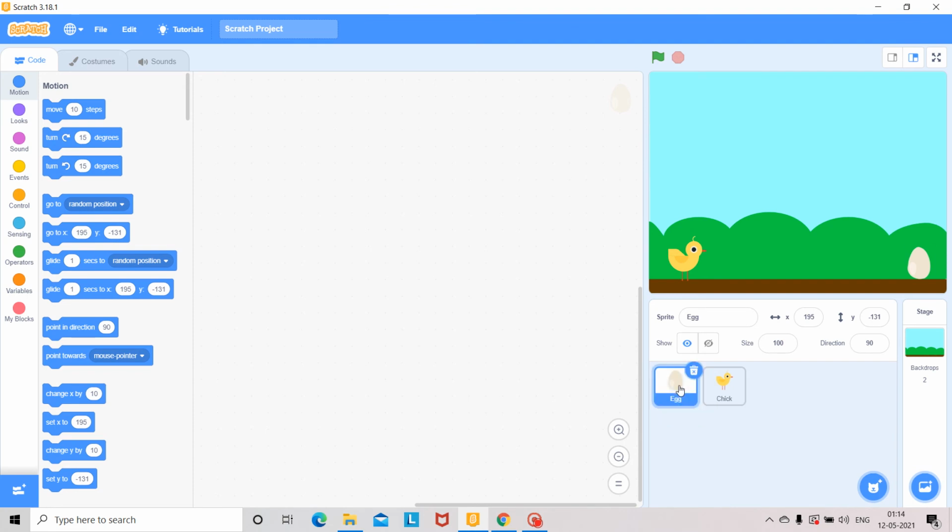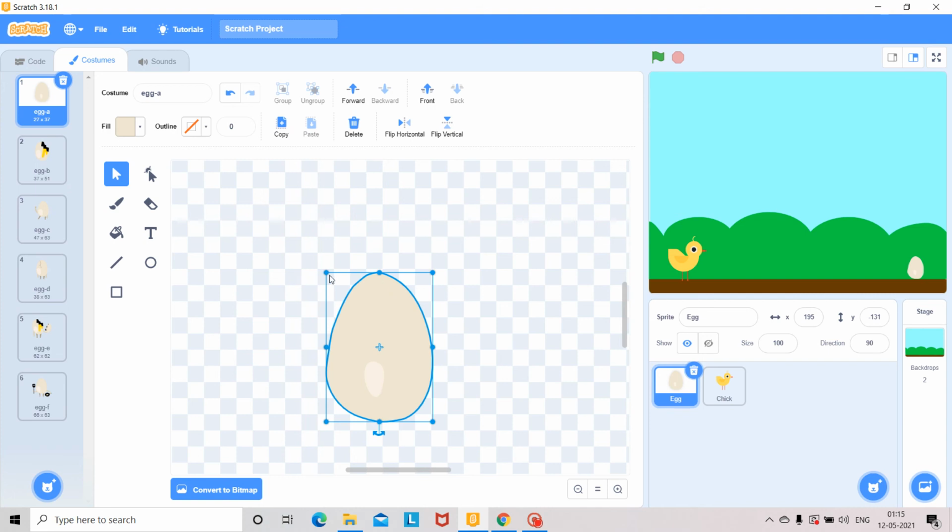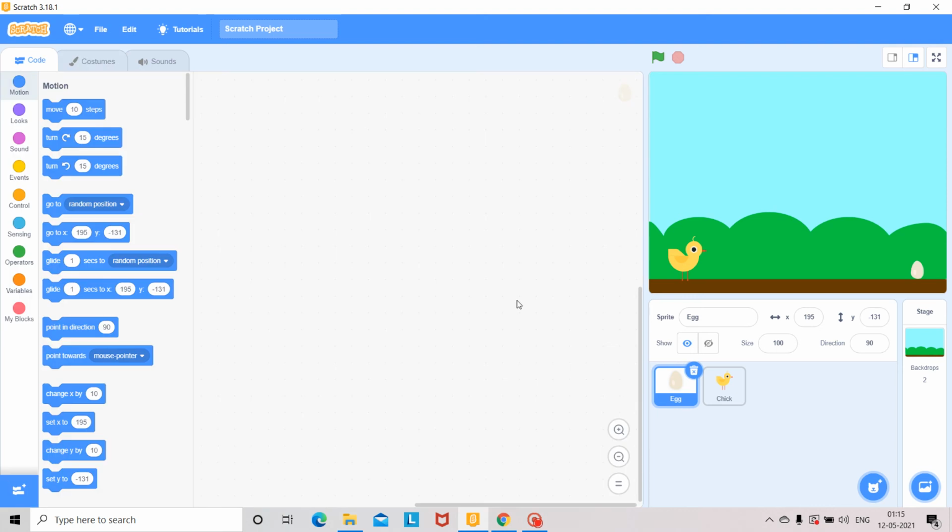So I am selecting this one and going to costumes. Click on costumes, then you resize the image like this. Then you go back. So here the size of the egg is decreased.